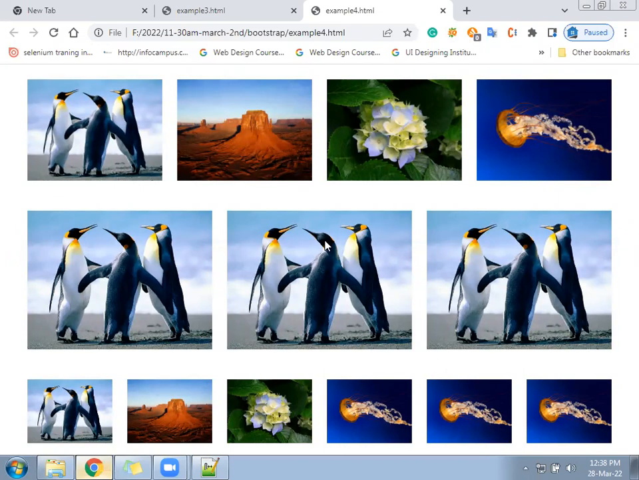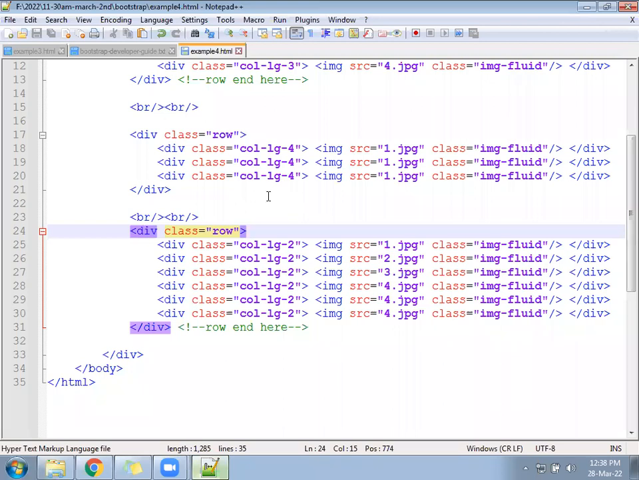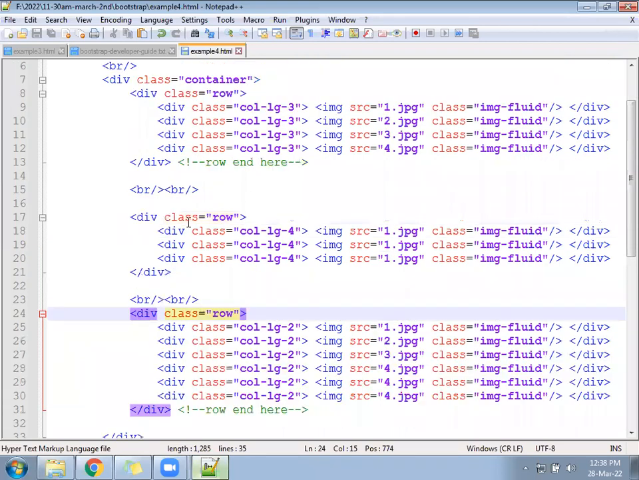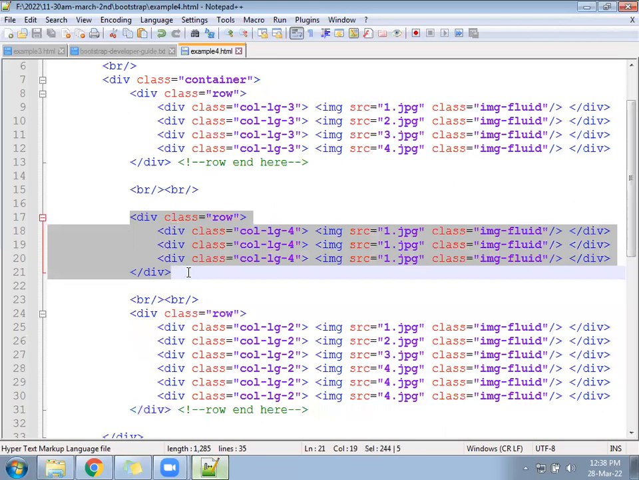Hope ready. So total how many? 6 are coming in one line. Okay, we have some more classes we can apply and we'll understand what is happening. Okay, so go to the middle row. Inside the middle row,